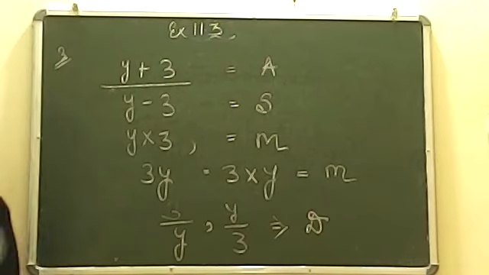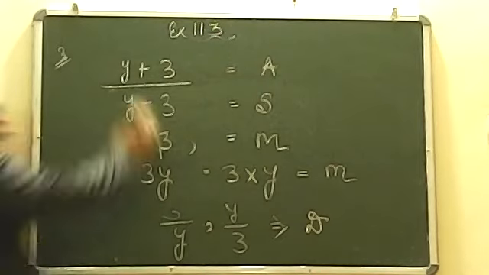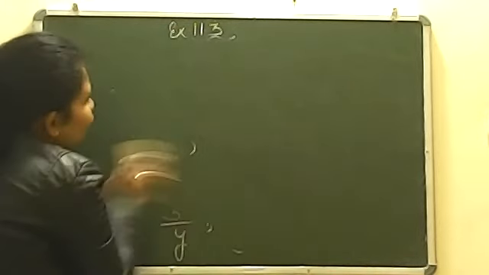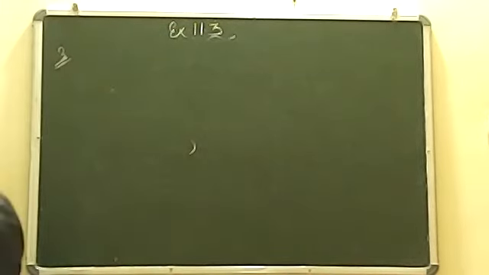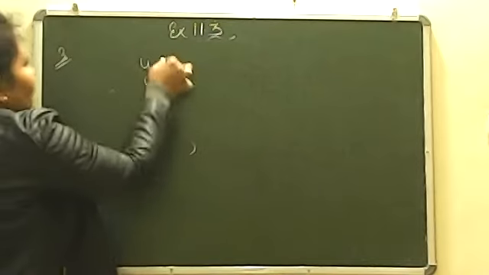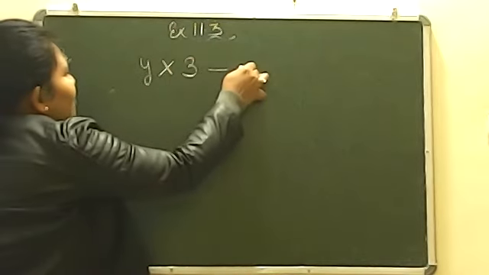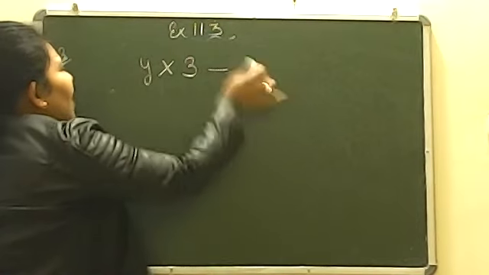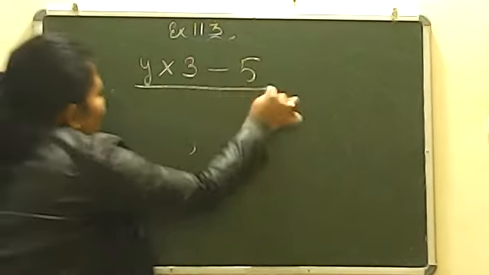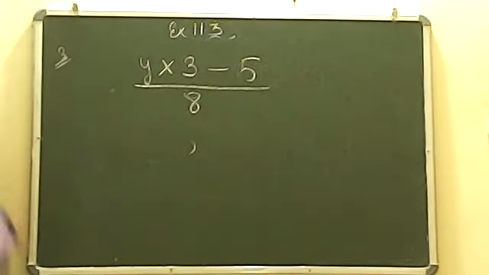Okay. So now you can see whatever I have written on the board all had only one variable. Okay. One operator, sorry. One operator, one variable also. But now I am writing, you have to guess when we have 2 or 3 variables at a time, when you have 2 or 3 operators at the same time. For example, y into 3 minus 5 upon 8. Guess how many operators are here?